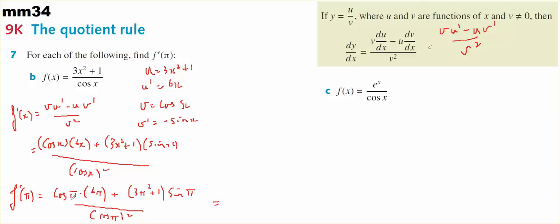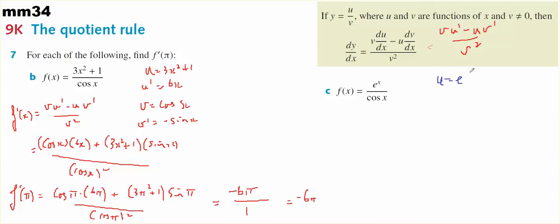Cos of pi is negative 1, so that's minus 6 pi. Sine of pi is 0, therefore that's 0. Cos of pi is negative 1, squared is 1, so minus 6 pi will be the answer. In the second example,